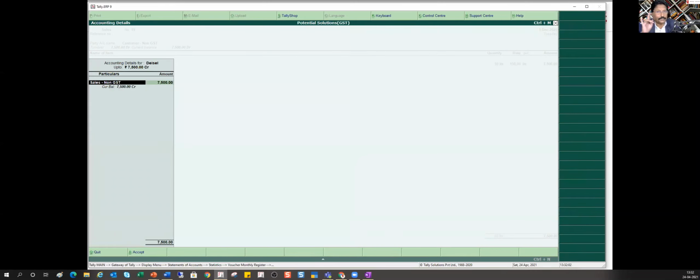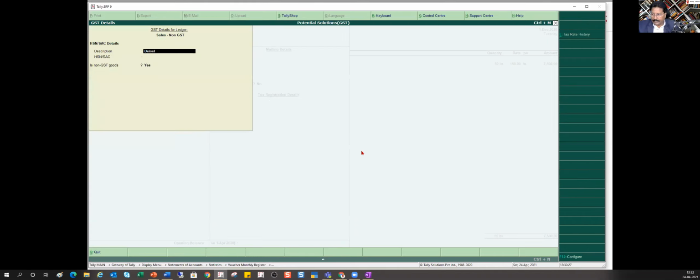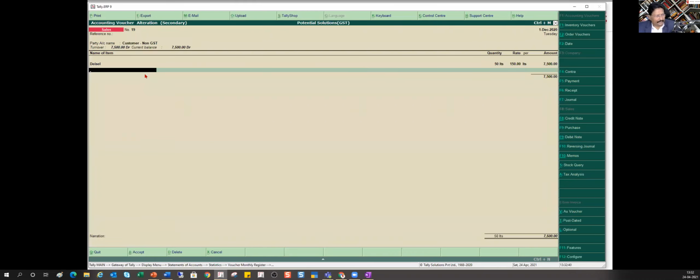So here, important thing again. When you create your sales ledger, you have to configure for that particular sales ledger. If you don't say it is non-GST, it will automatically pick up the rate from your item or your stock group or at your company level. So I'll show you this configuration. I'm going to press Control Enter to see my master. Again, I'm going to say applicable. This is going to be yes here. Enter. Okay, so again, for my sales ledger, I'm going to say it is non-GST. I'm going to say this as yes. Control A, Control A.